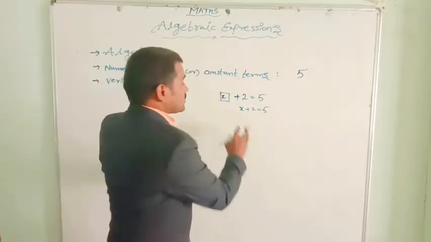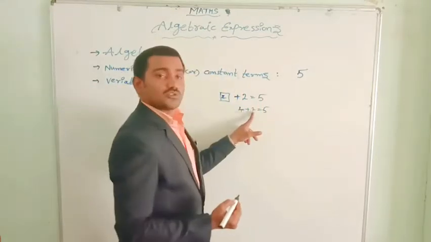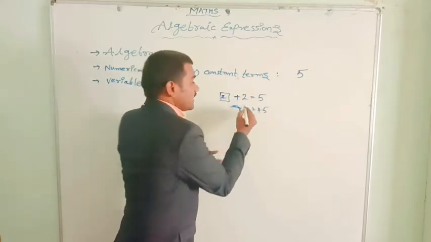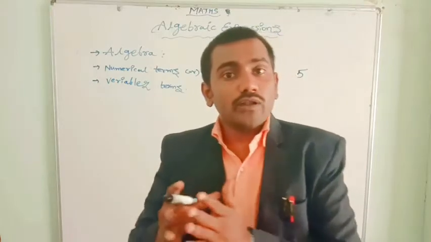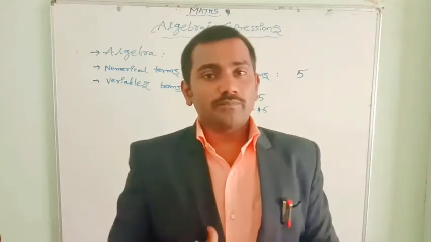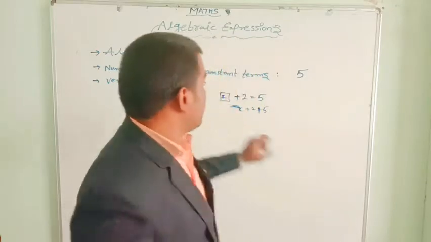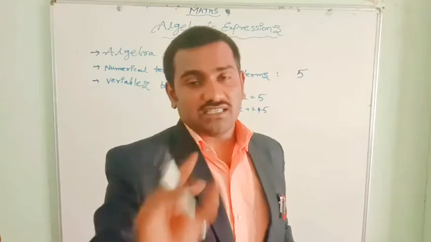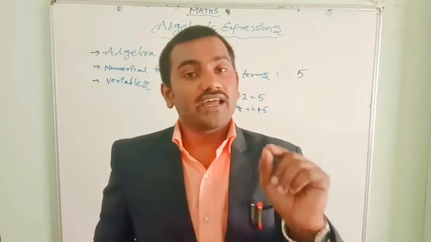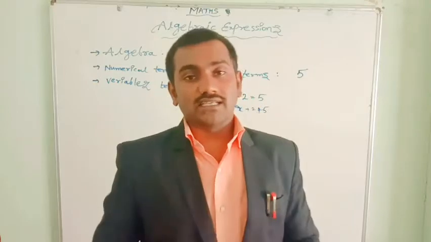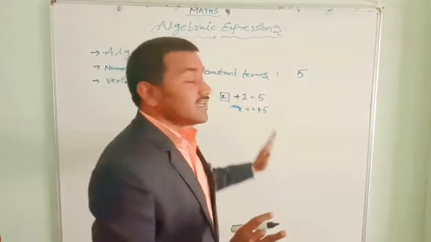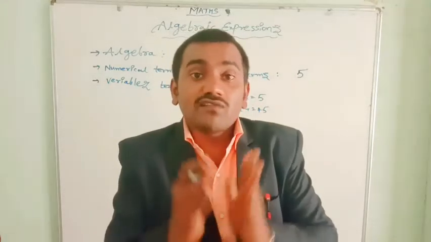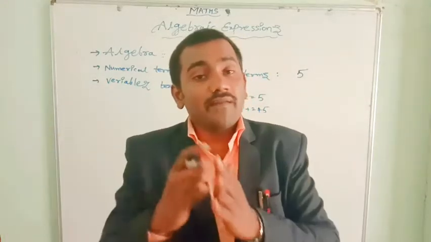See, suppose x equal to, I can write 4. 4 plus 2 equal to 5? No, it's not equal. Even here x can have many chances. You can substitute in the place of x many values, infinity values. But only one chance will give a correct answer. Only one chance will give us the correct answer. Remaining all are incorrect answers. Here the x value is not constant. We can substitute any value in the place of x. That means the x value changes. It is a variable.